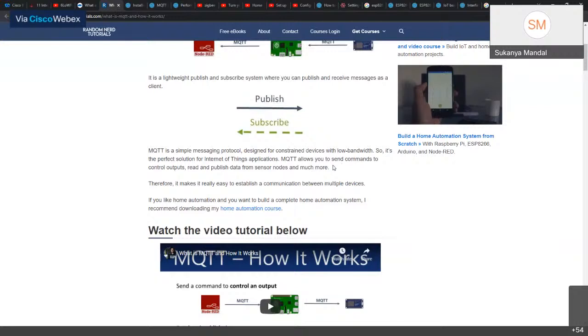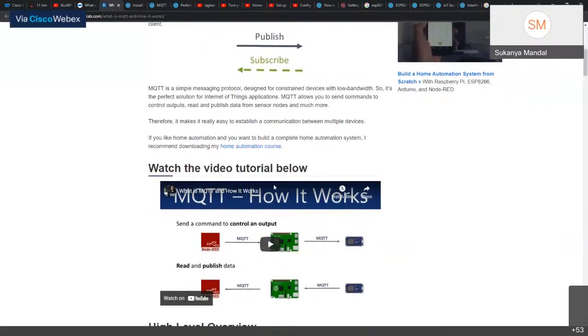For these reasons, it becomes the perfect solution for IoT applications. MQTT allows you to send commands to control outputs, read and publish data from sensors, and much more. Hence, it is really easy to establish communication between multiple devices.